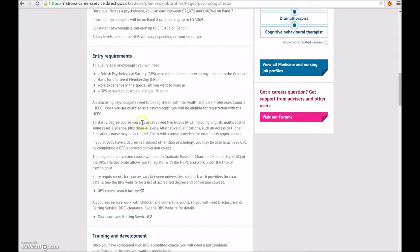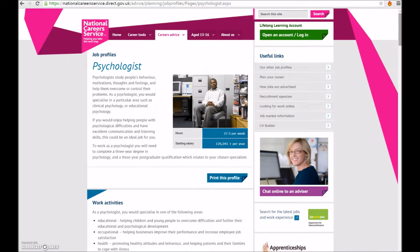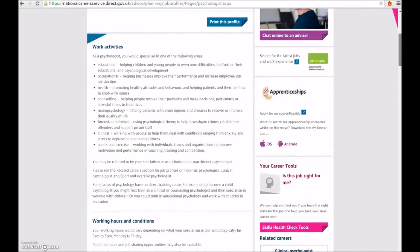And it also says you need to be getting 5 GCSEs, A to C, including English, Maths and Science, and you will need 3 A levels. It doesn't say so here, but for psychology, ideally you would need to have at least one of those being a science. So this is quite a useful site for checking just a little bit more detail about different jobs